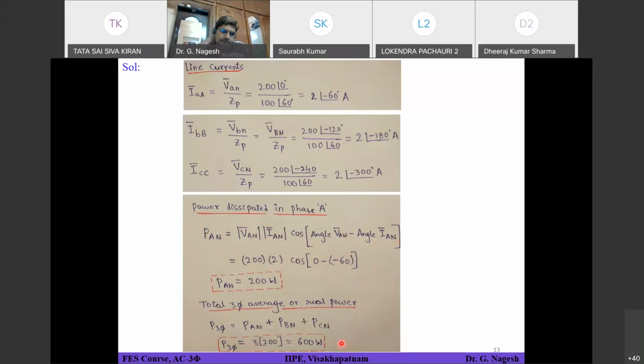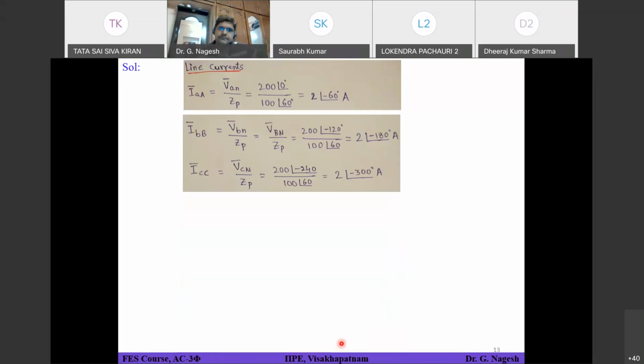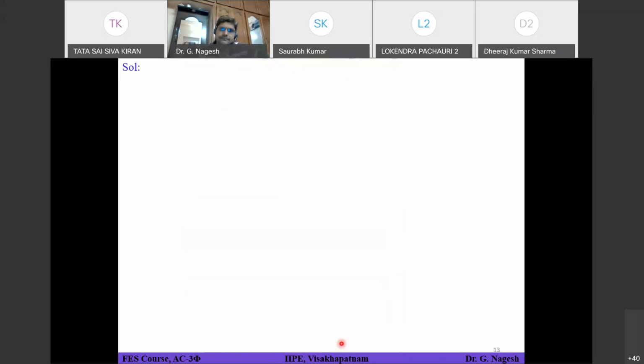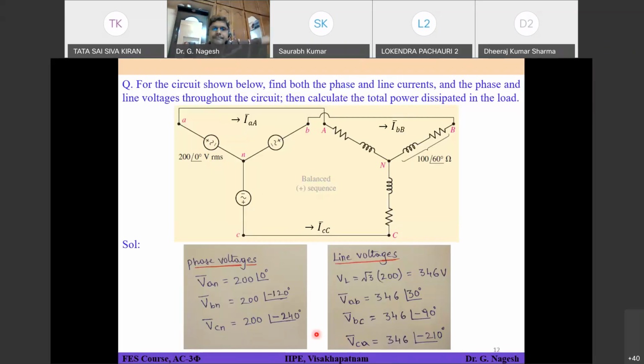Is it clear? So everyone is able to solve this or not? Or any doubt with regards to phase angle or something? Sir, previous slide, sir. Yeah. Sir,